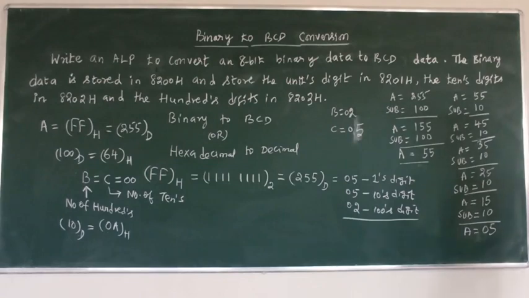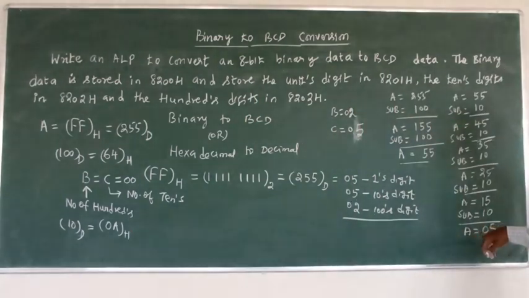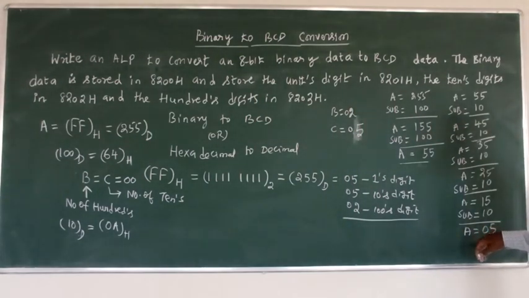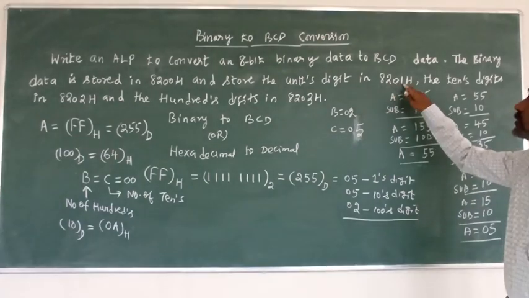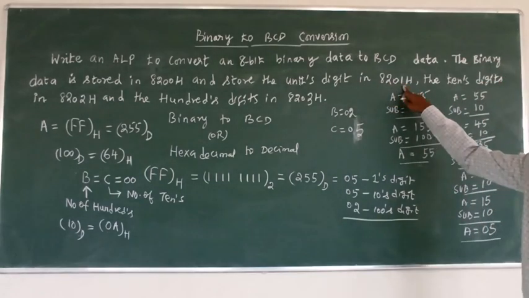Okay. Next, compare the accumulator with 10. Here the carry flag will be in the set condition. Why? The accumulator is lesser than 10. Accumulator lesser than 10 means now the accumulator result we can directly store at address 8201. Why? This is for the units result, 5 ones. The accumulator result we can directly store at 8201.